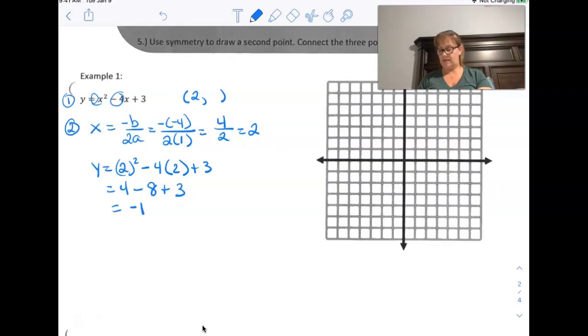So our y equals negative 1. 2, negative 1. That's where our vertex point is going to be. So we come over 2, down 1,